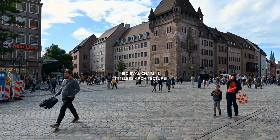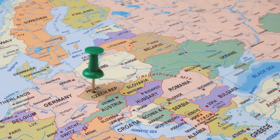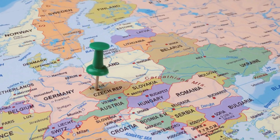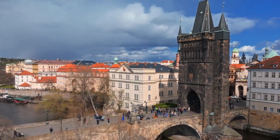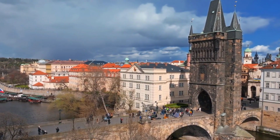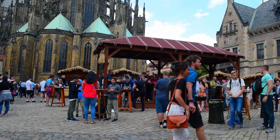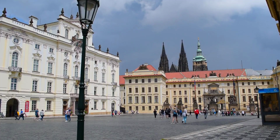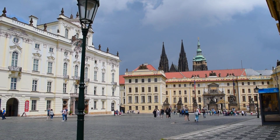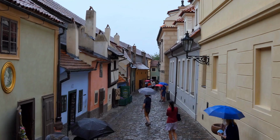Number 10. Medieval charm and timeless architecture. The Czech Republic is often called the living museum of Europe, and for good reason. Many cities here look like they've jumped right out of a storybook. You can stroll down cobblestone streets lined with colorful buildings, step into centuries-old churches, and stumble upon hidden courtyards filled with history. During both World Wars, most parts of the country were spared from heavy bombing, which means its medieval